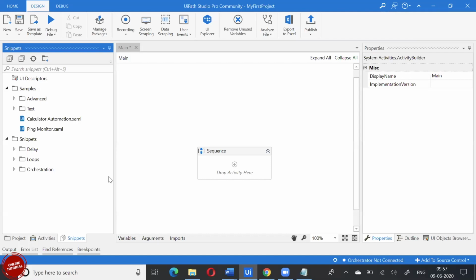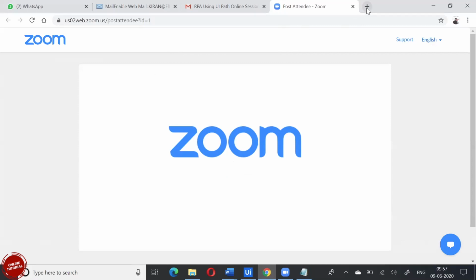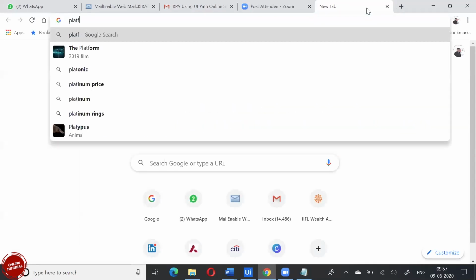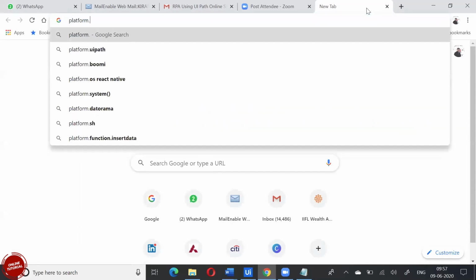If you want to share it for your organization, then you have to go here. So I'll show you that. We have two places where we can store this.